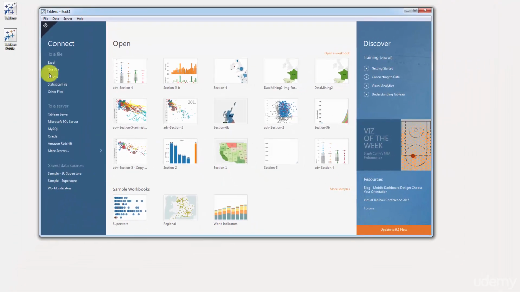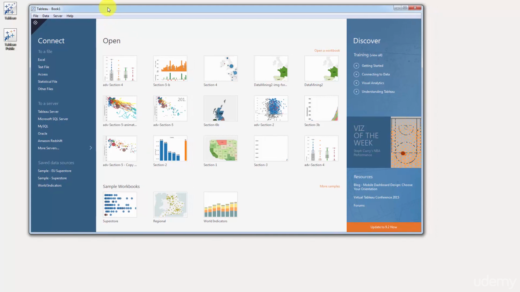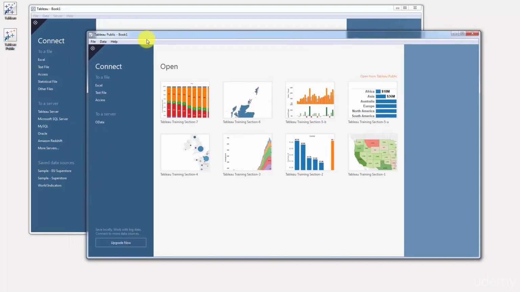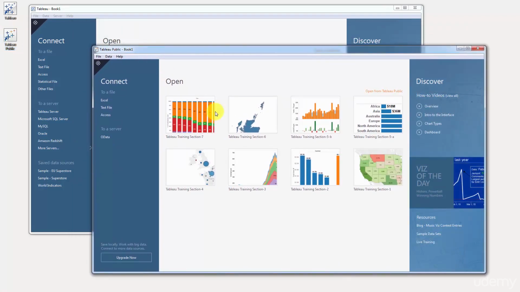Now, I'm not going to go into detail on Tableau Desktop right now. First, I'm going to bring up Tableau Public. So we're going to double-click Tableau Public over here. And here you can see Tableau Public has come up. So as you can see, it's exactly the same interface, exactly the same program, and I have created the same visualizations using Tableau Public. The only difference here is that I can connect to fewer types of files as opposed to Tableau Desktop,